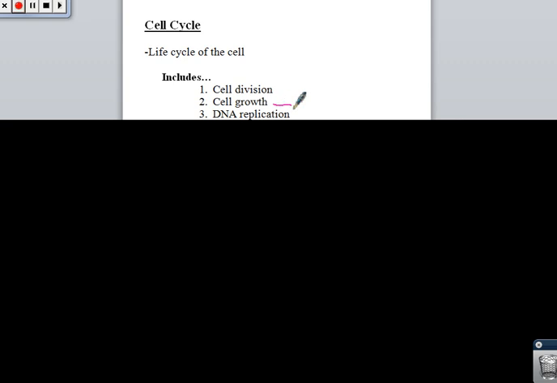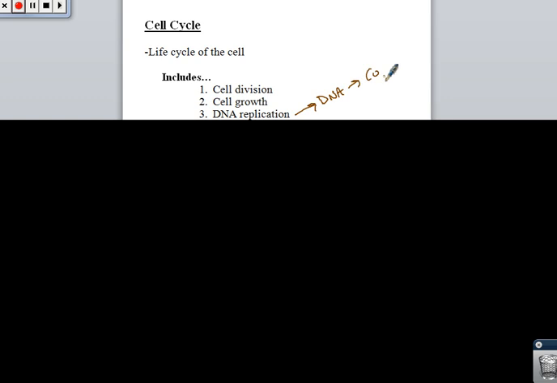And cell growth is also known as interphase, and you've been learning about this already. Interphase is just the growth of the cell. It's the time in the cell's life where it's growing from its original daughter cell to the point where it can't grow anymore. So that's cell growth, or interphase. Interphase has three stages, and we're going to look at them in a minute. And then we also have DNA replication, where DNA